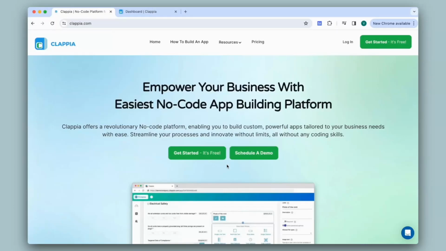Hi and welcome. This video will show you how you can use Clapier as a Google Form alternative to apply scoring to your forms. Although Google Forms is a common choice for making simple forms, Clapier offers a simple solution